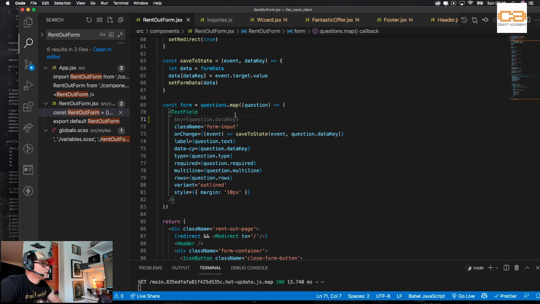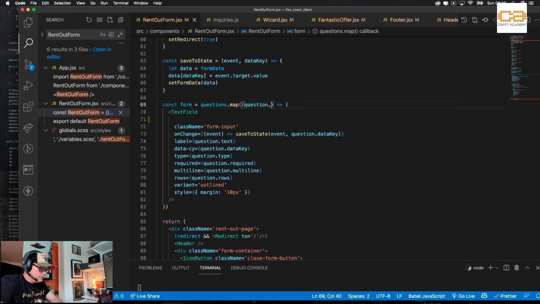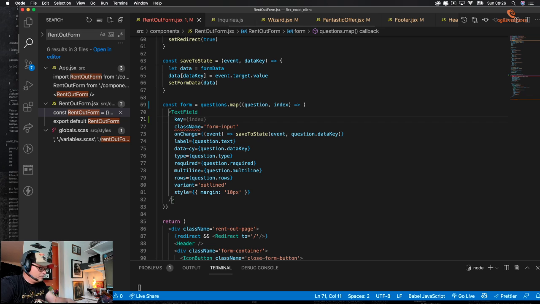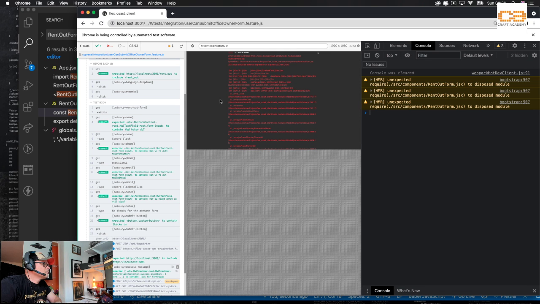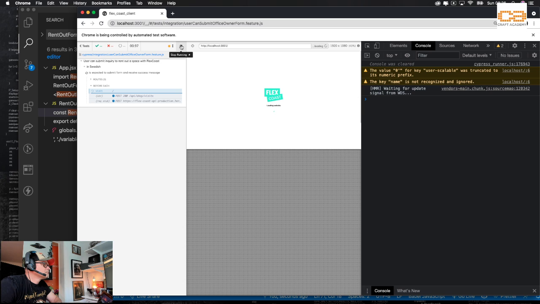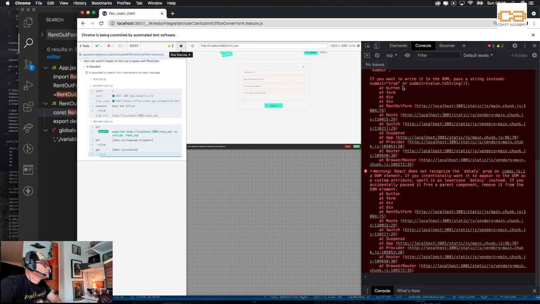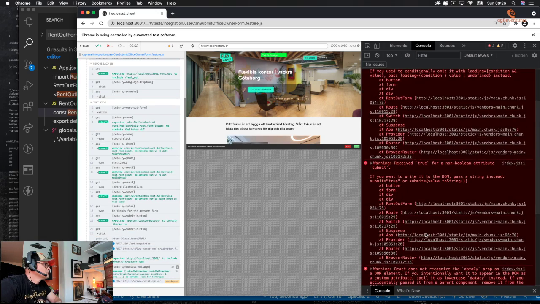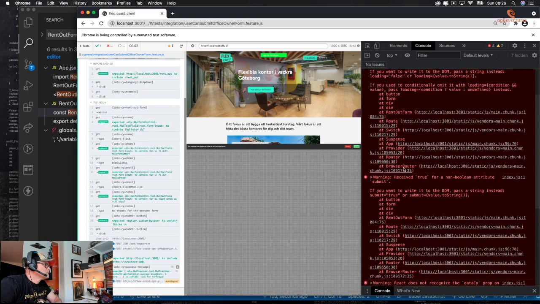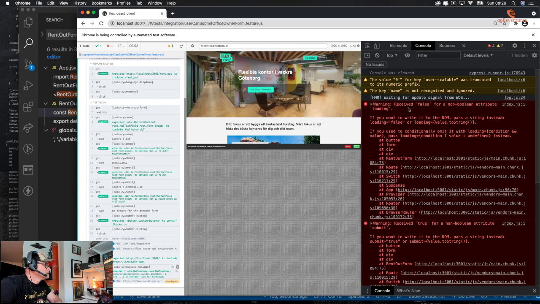So we can do index here, and can I just do a key? Right. Sorry. Perhaps. No. Okay. Right, so that's okay. Return false for non-boolean attribute loading.